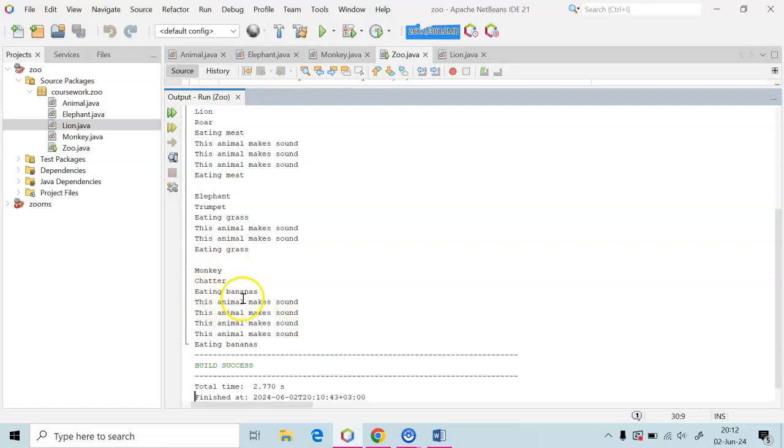It eats the type of food. It's bananas. Then it makes sound 4 times. Animal making sound, sound, sound, sound, which belongs to the monkey subclass. So this zoo is supposed to run. The zoo class is a main class that runs all these subclasses. Output that comes within